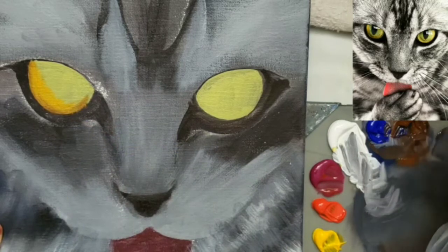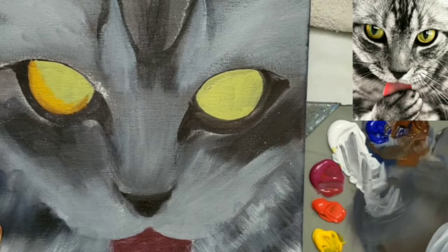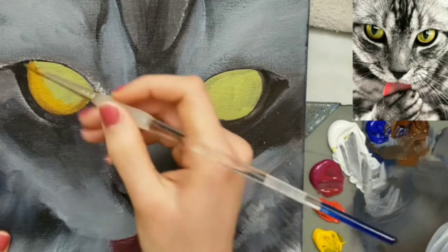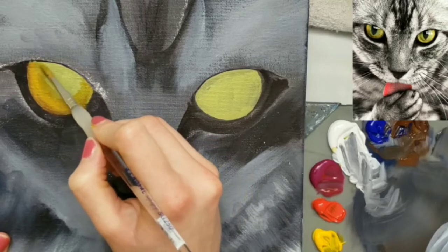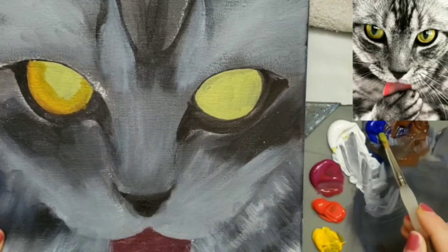Alright, and now I'll make that yellow color that we used at the beginning, that first layer. So I'm taking some Cadmium Yellow Medium, a little bit of Ultramarine Blue, and white, and I still have some of those more neutral colors in the brush still, so it'll mix with them and make it more neutral. And this is just the second layer, so it'll still probably look funny, but just gotta